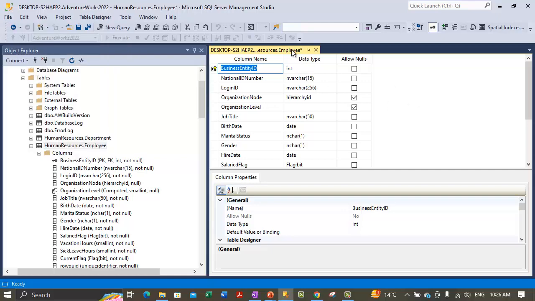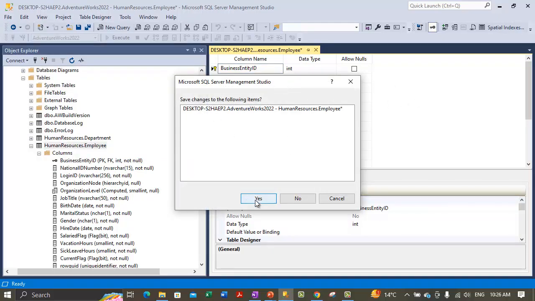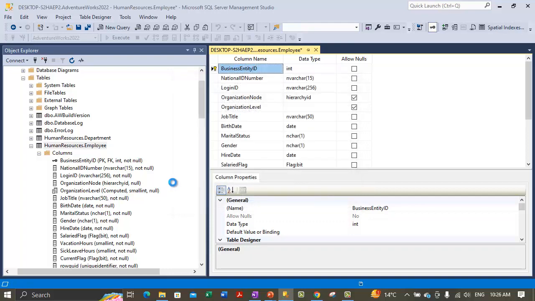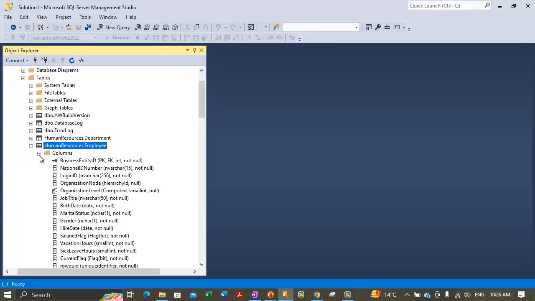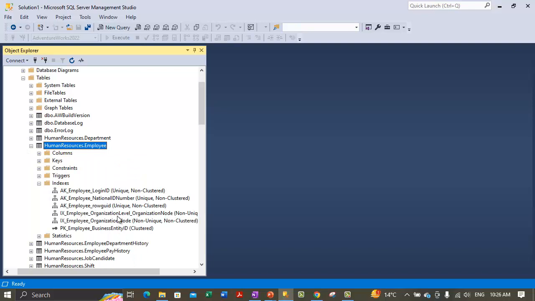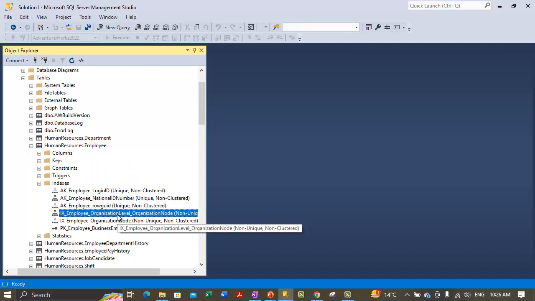Otherwise if you close this option, it will ask you whether you want to save it. Just save it. So this will move the index back to the primary file group. So now this index is back on the primary file group. Now let me show you how you can move this index again to the transactions FG1 file group